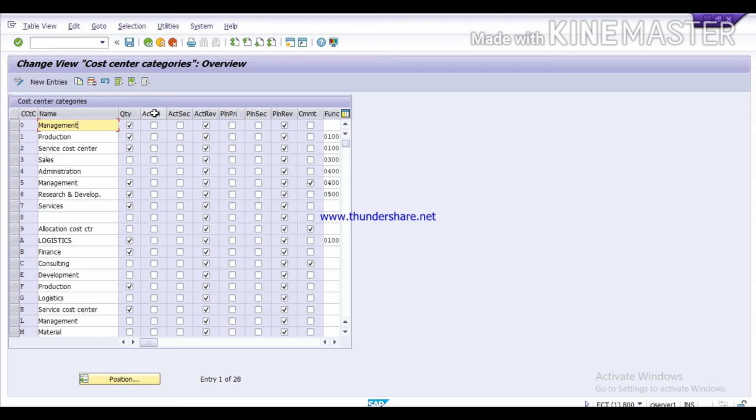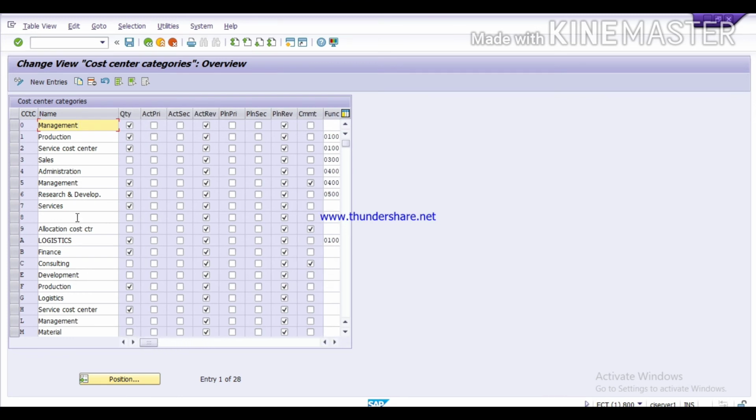Which fields you want to show at the time of cost center creation, you can select as per your cost center categories: quantity, revenue, planning data, and like this. There are many options, you can select them.